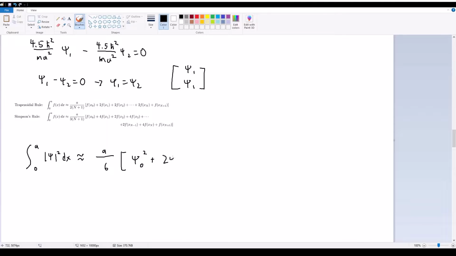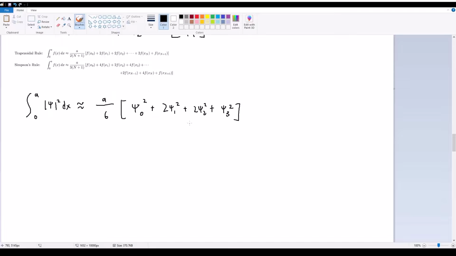So 2 psi 1 squared plus 2 psi 2 squared, and then plus psi 3 squared. So once again, via boundary conditions, psi 0 and psi 3 go to nothing. So this is equal to a over 6 times 2 psi 1 squared plus 2 psi 2 squared. Psi 2 is equal to psi 1, so we just rewrite it as psi 1 squared. In this case, we get 4a over 6 psi 1 squared, or simplifying, 2a over